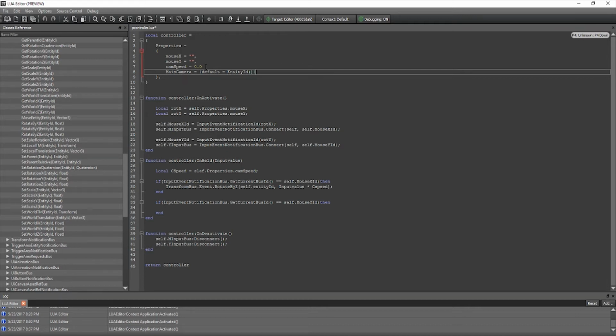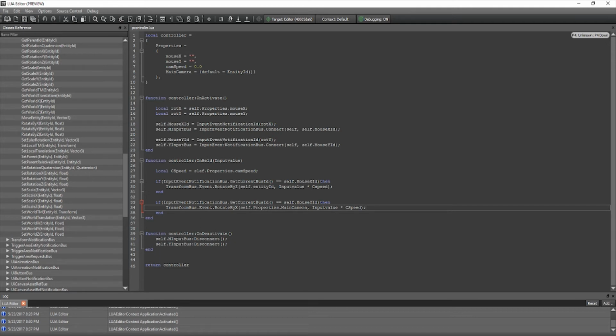This way we can link this to the camera, because we only want the camera to move up and down and the player to move left and right. So we want to do the same thing. So let's transform. And let's save that. And then also make sure in your on deactivate, make sure you are disconnecting from the